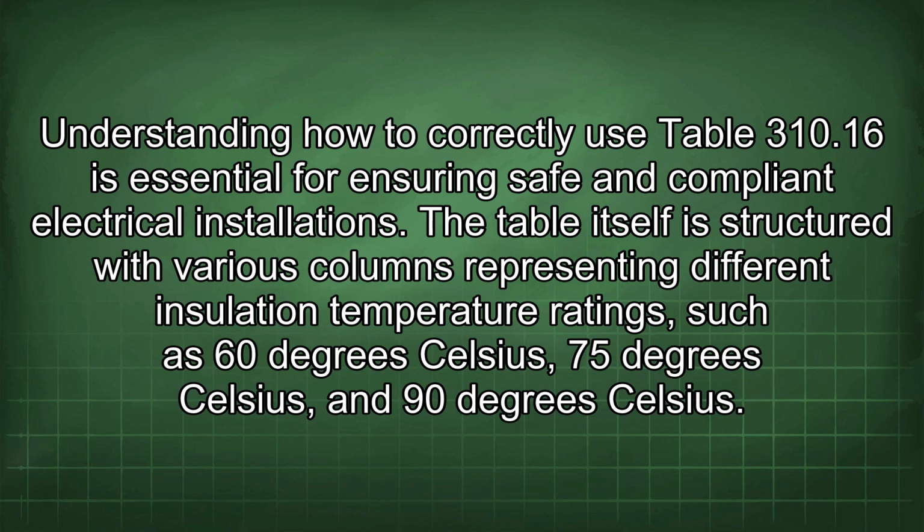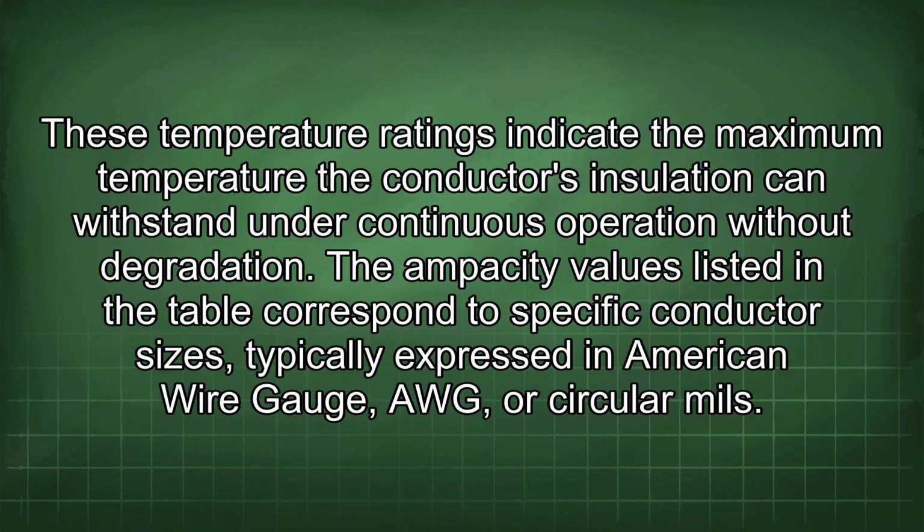The table itself is structured with various columns representing different insulation temperature ratings such as 60 degrees Celsius, 75 degrees Celsius, and 90 degrees Celsius. These temperature ratings indicate the maximum temperature the conductor's insulation can withstand under continuous operation without degradation. The ampacity values listed in the table correspond to specific conductor sizes typically expressed in American wire gauge, AWG, or